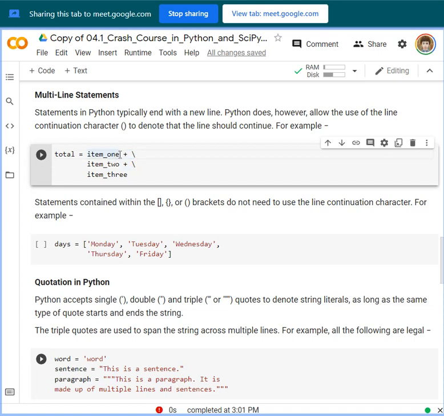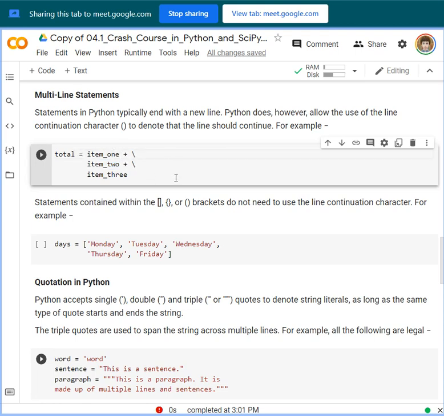For example, we assign, and then if there is more that continues, and we write it on another line, we should consider putting this character, which allows the use of the line continuation. If this is not there, it will not be read. If we remove it, this line of code should be placed at the top, along with the first line.